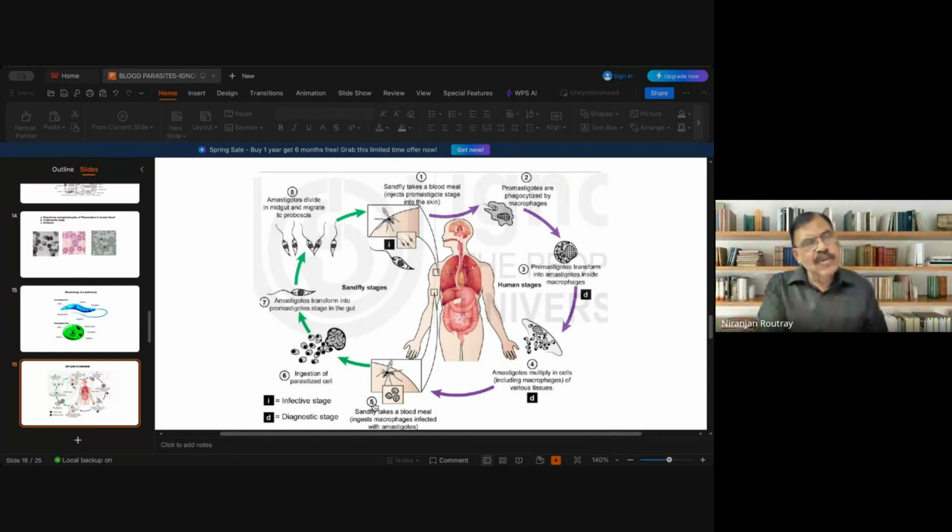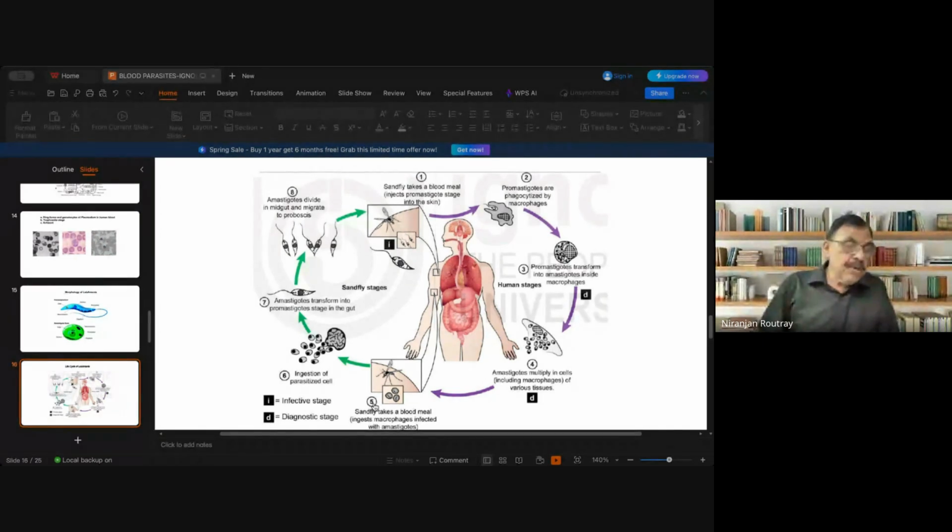So, what is the consequence? The consequence is that the reticuloendothelial cells, when repeatedly infected by this parasite, become destroyed. And during the circulation of the amastigote form in the human blood, a few parasites are phagocytosed by the neutrophils and monocytes. Now, in the life cycle, number two, it is taken up by a macrophage.